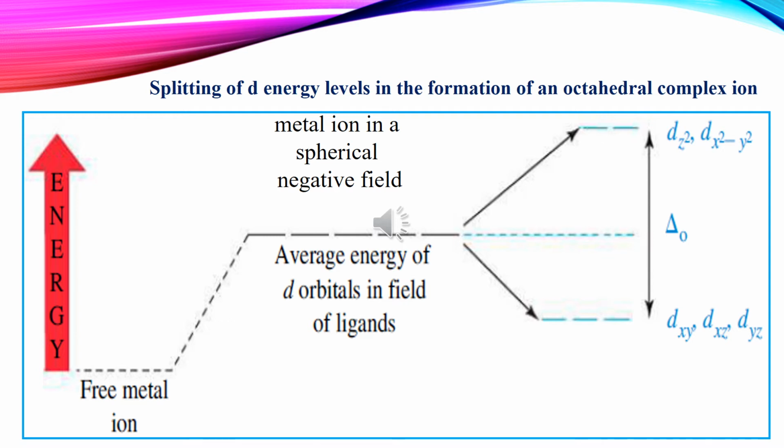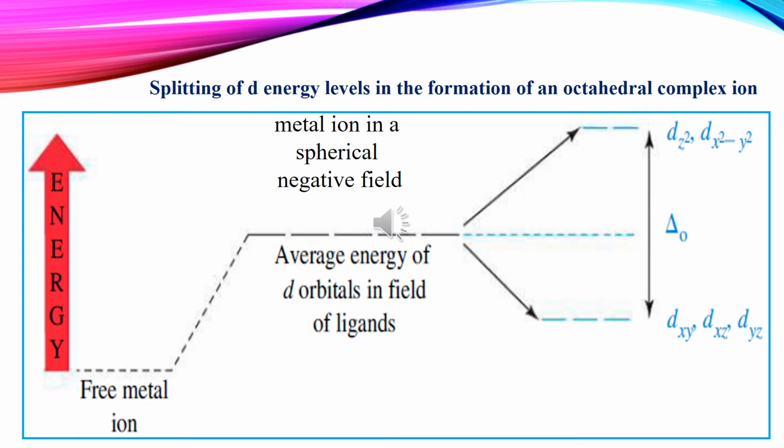For example, when the ligand approaches the metal ion, that is a d orbital, the ligand orbital approaches the d orbital of the metal. Therefore, there will be possible forces between them. One is a force of attraction and the other is a force of repulsion. Force of attraction will decrease the energy; if there is more attraction, it means there is low energy. Force of repulsion will increase the energy; if there is more repulsion, it means there is high energy.